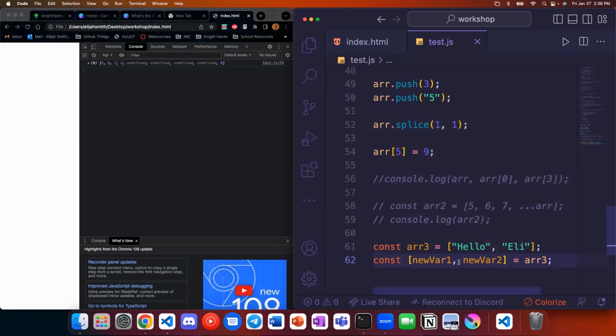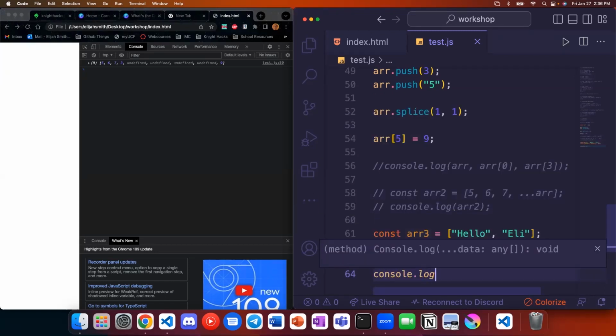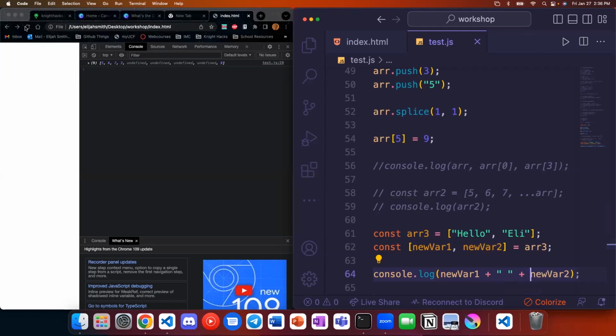And so what this does is it takes the 0th index and puts it in the first new variable, and the first index and puts it in the second new variable. And then we can go ahead and use this if we wanted to. And if we refresh this, it'll go ahead and concatenate our strings.